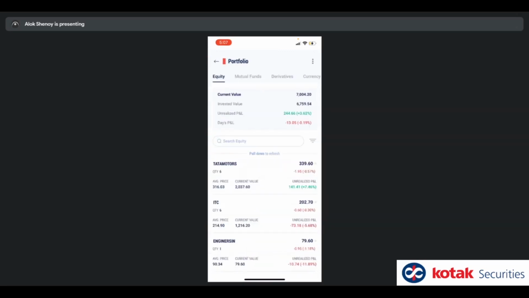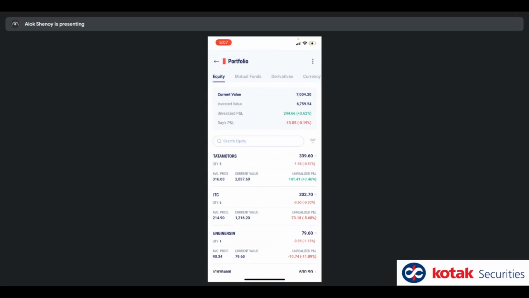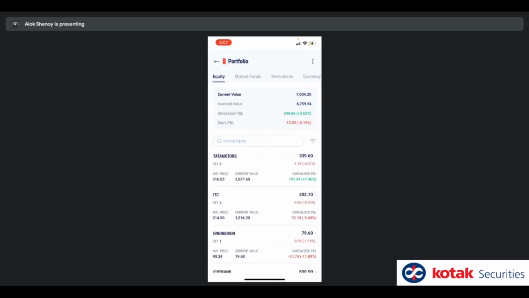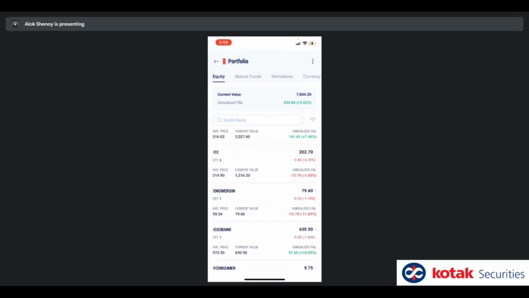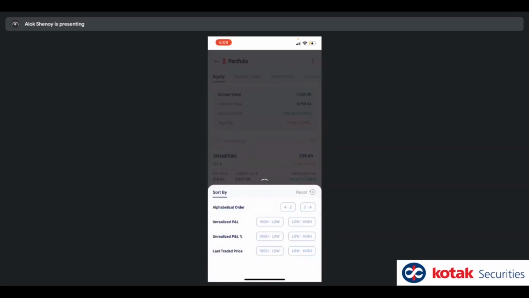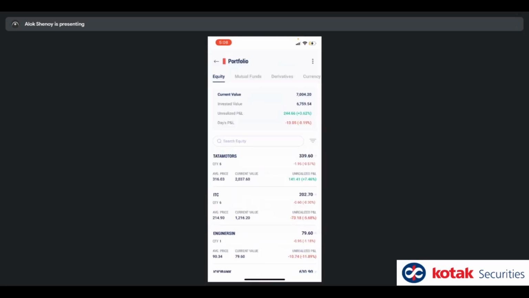It gives me a summary view first of the current value, invested value, unrealized PNL, day's PNL. Okay. You might notice during market that this number is not updating every tick. You can, in that case, just pull down and the number will refresh during market. Okay. If you leave it as is, it will update every 60 seconds, right? Every minute. Now, if you want to search in your holdings for something, this is the search for that. On the right here, you have similar search, sort and filter options that you have on watch list.